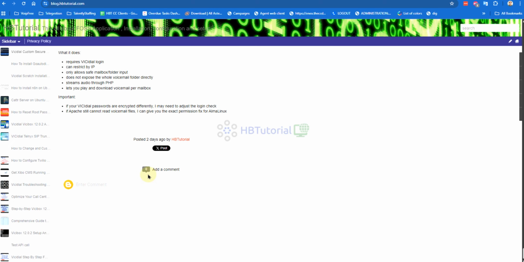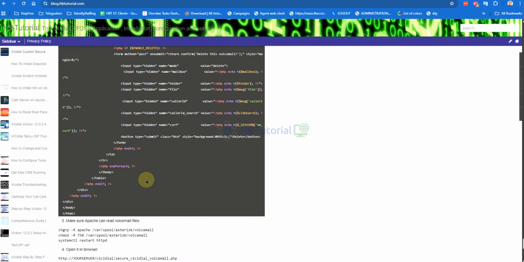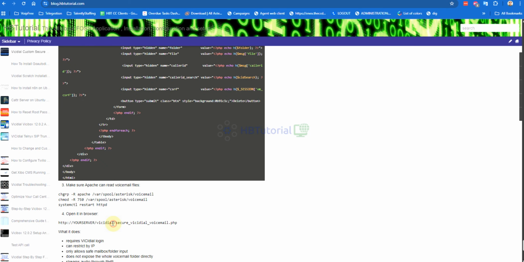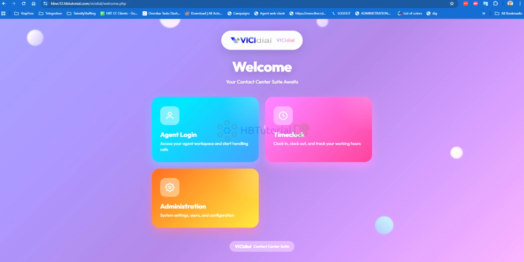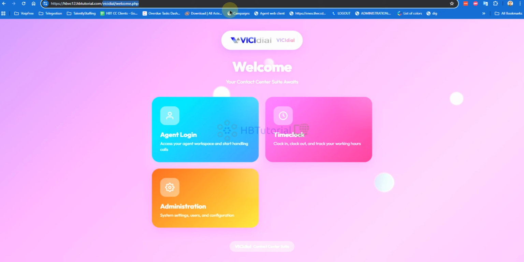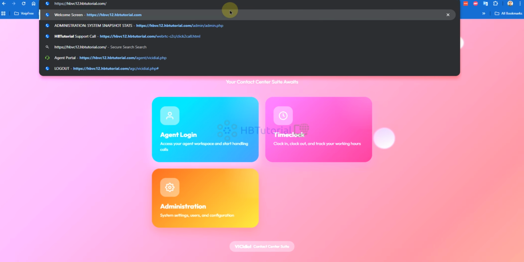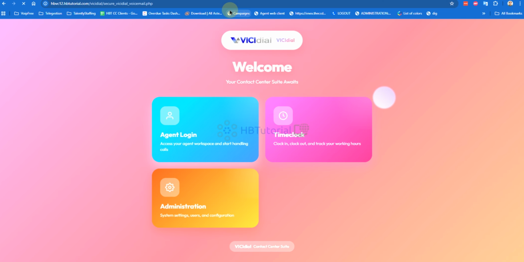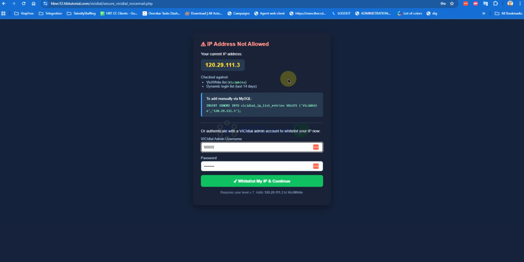After adding the PHP file, you can try to access the portal now. Go to your BC dial page and paste the link.